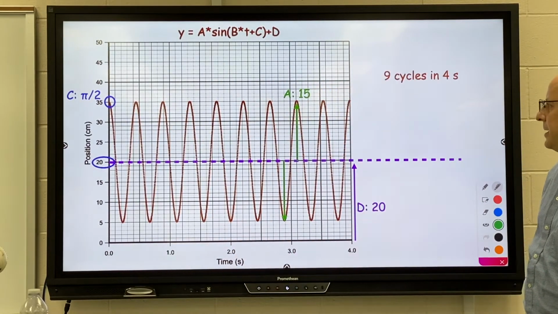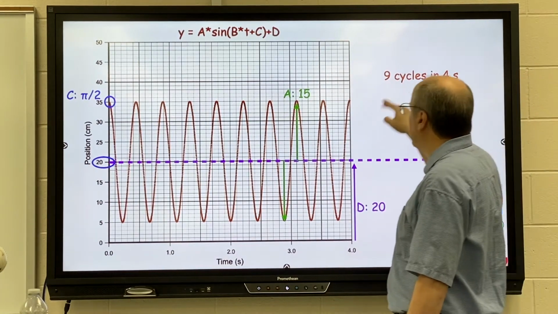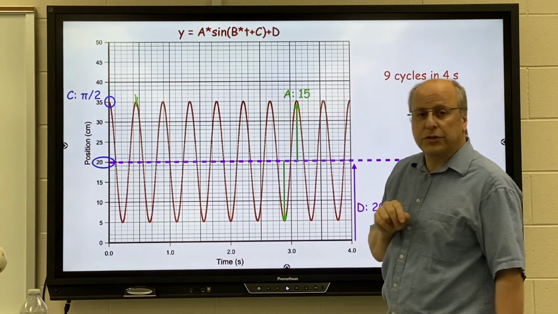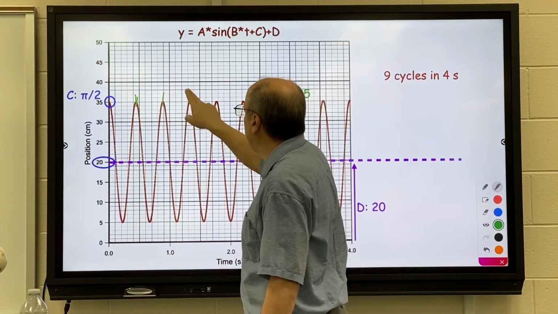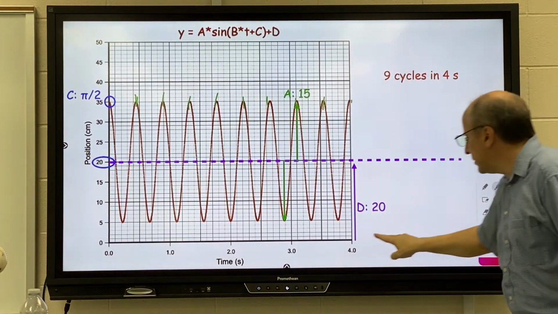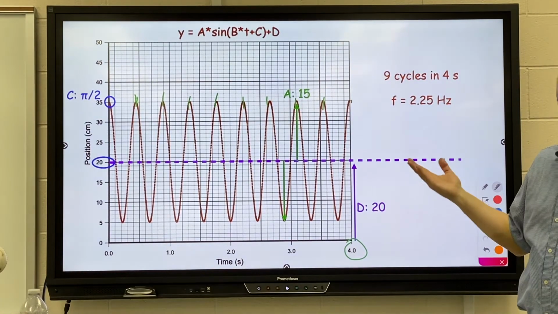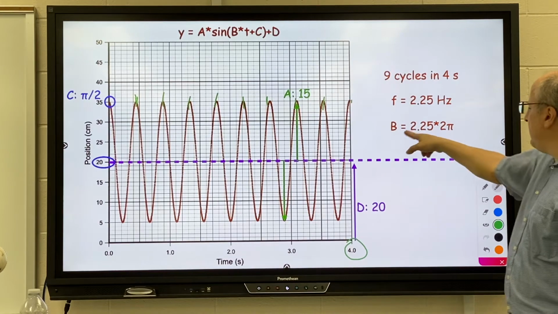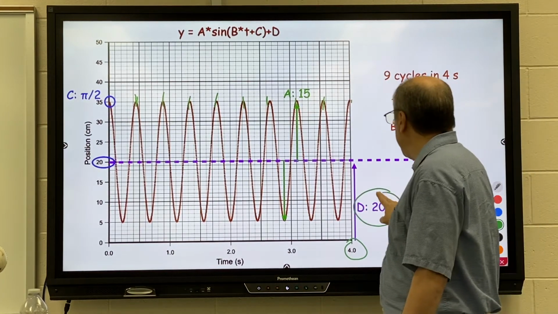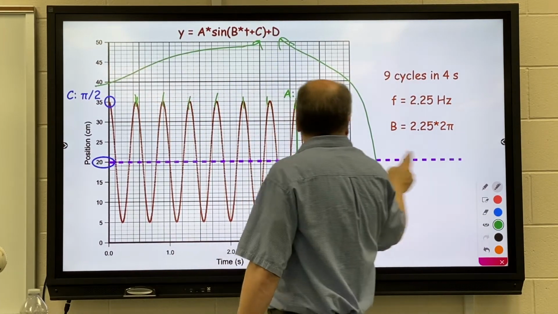Once you have C, you could then count your cycles. So you can count off how many cycles there are. Again, don't start at the beginning. Start when you're done the first full cycle. 1, 2, 3, 4, 5, 6, 7, 8, 9. 9 cycles in 4 seconds. That'll get you your frequency. You divide. And remember, the B value is frequency times 2 pi. So now we have D, we have C, we have B,